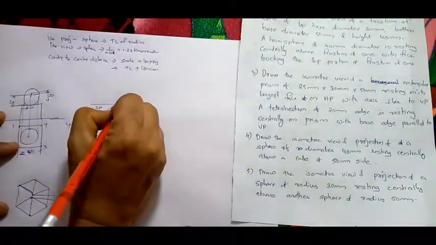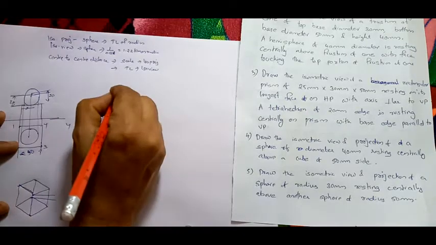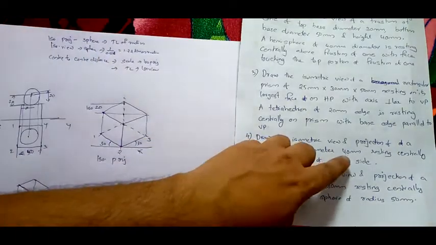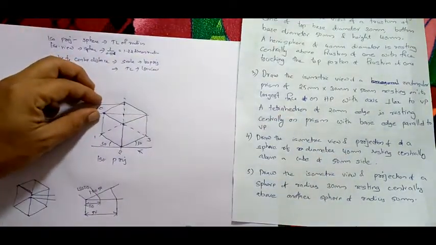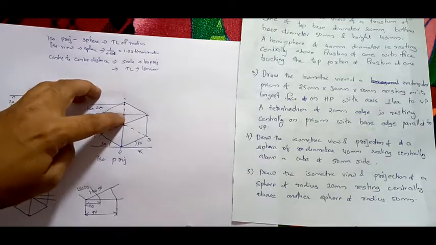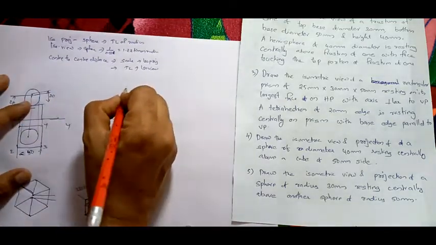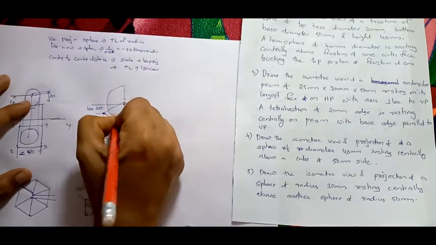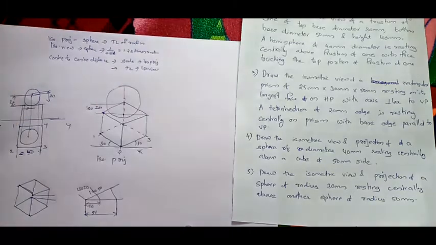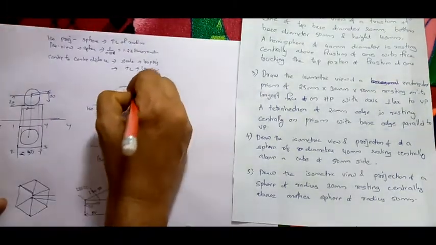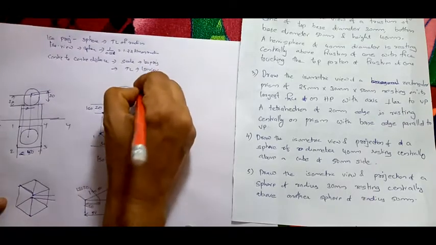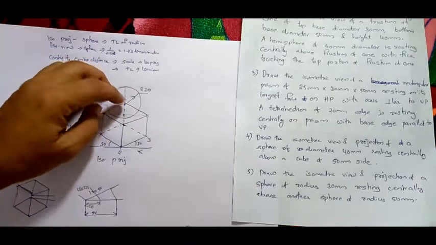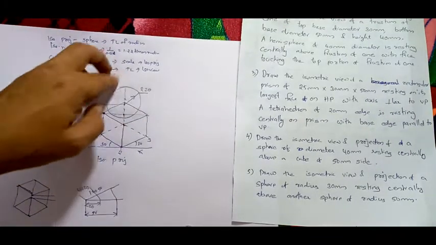Now with this as center, draw a circle of radius equal to what? 20. See, this is isometric of 20. So if you draw a circle, what will happen? The point will come only below. Take 20 mm radius. So radius will be equal to 20 mm. So you will get a circle like this. So the radius of the circle is actually R20. So for isometric projection, center to center distance is isometric scale. Radius will be equal to the radius of the sphere.